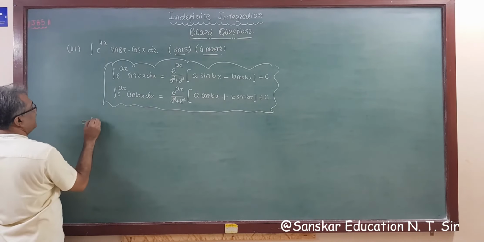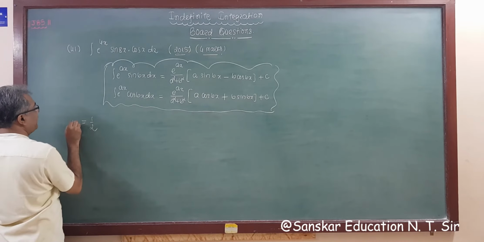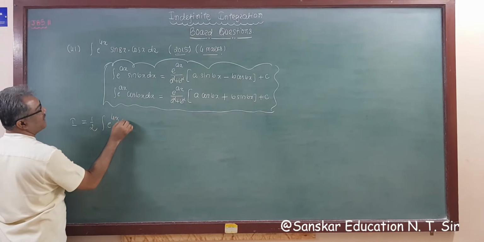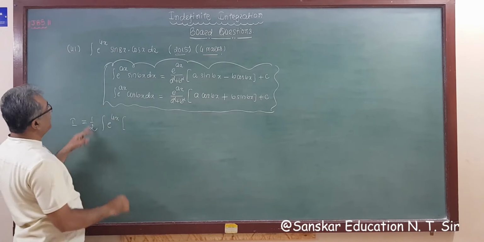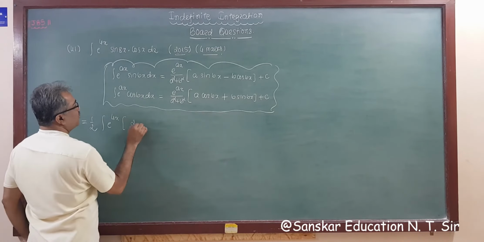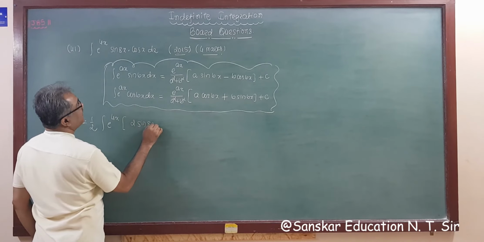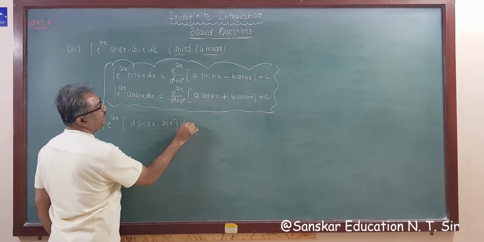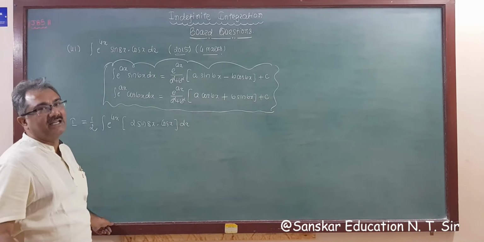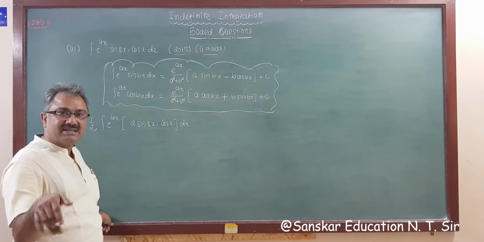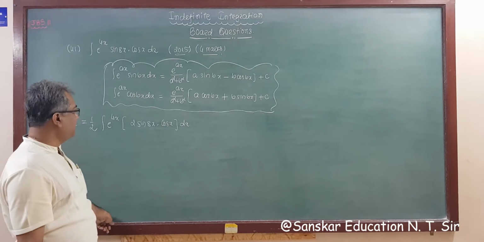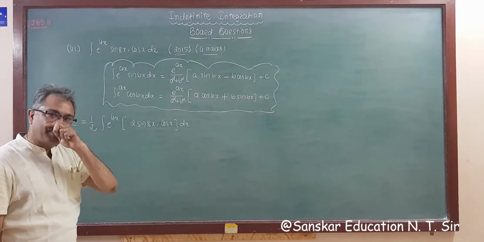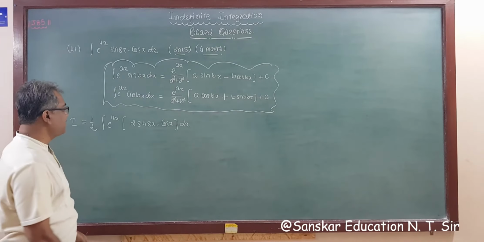So this is 1 upon 2. I will be 1 upon 2 integration e raised to 4x, right? So divide and multiply by 2, we get 2 times sin 8x into cos x dx, right? We are solving a 4 marks question, so we have to write the steps, right? If we write all the steps, we will get marks. So now 2 sin a cos b means sin a plus b plus sin a minus b formula.